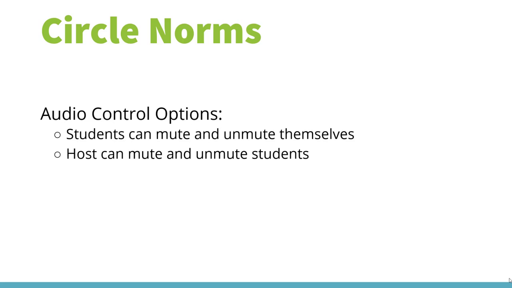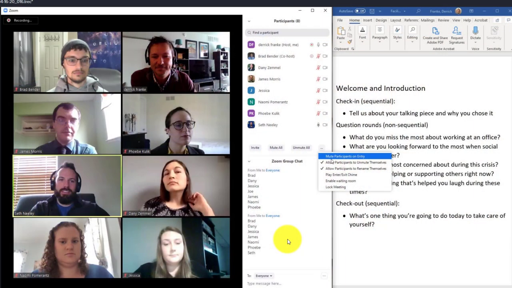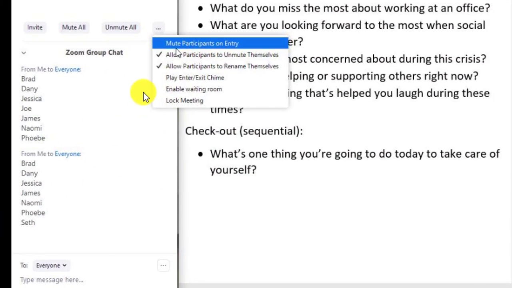Teachers I'm hearing from that I work with, it kind of depends on grade level. Younger students, I'm finding teachers prefer to control all audio themselves. And so you can do that a number of ways. You can click here and even mute everybody when they enter the meeting. And here is where you can click allow participants to unmute themselves. So if you don't check that box, then it's up to you, right? To mute or unmute students as they go. You can do that as a group here, mute all, unmute all, or individually, you can do that here by